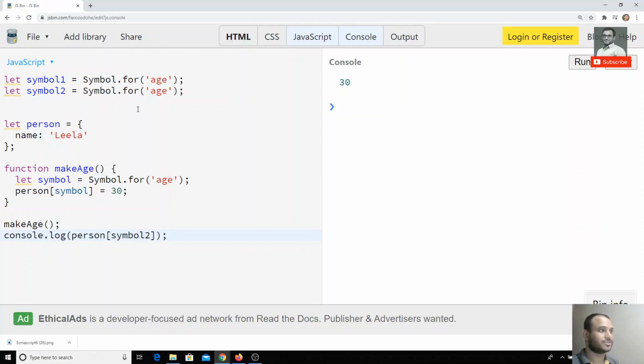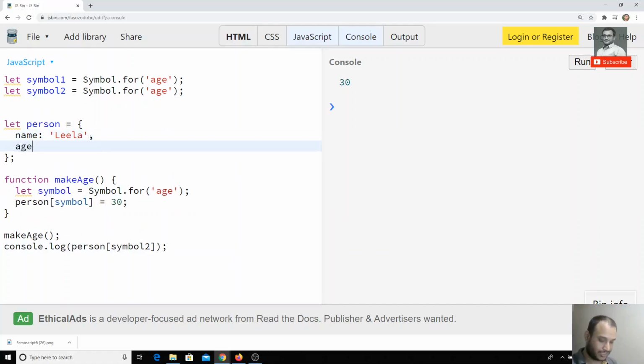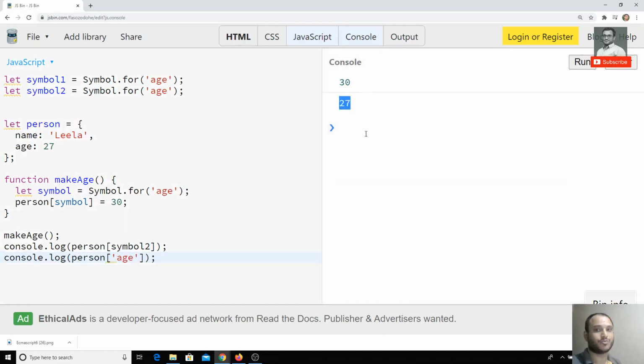For example, if I am creating a symbol for age and also have age as 27, how would that behave? Let me print person of age. Since that is a string, person.age, the symbol age and the property age are both different.